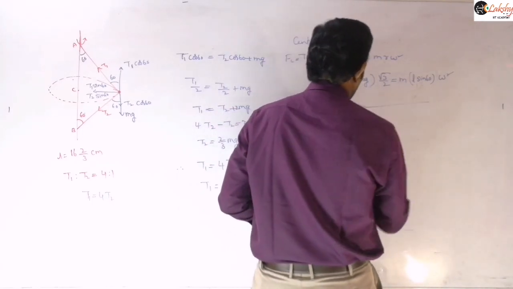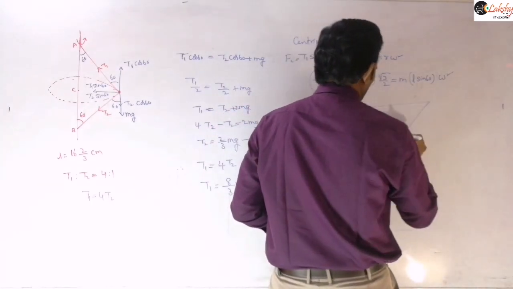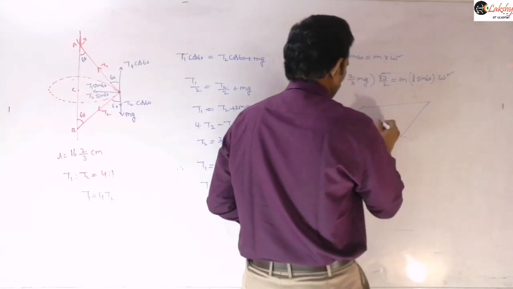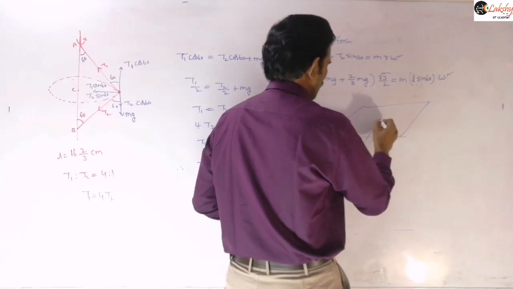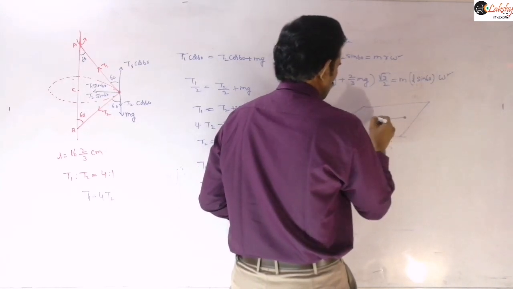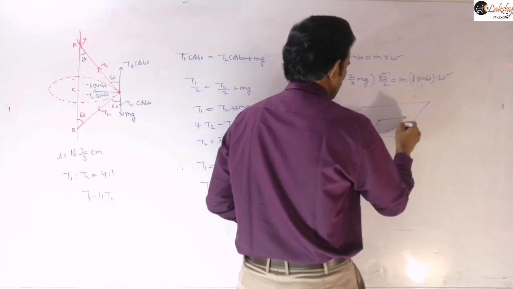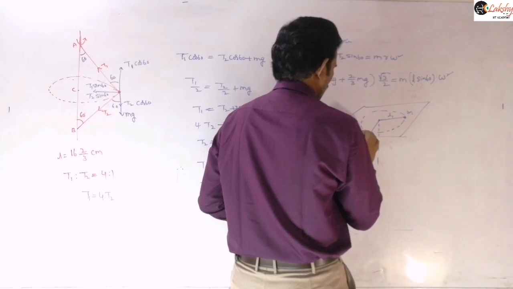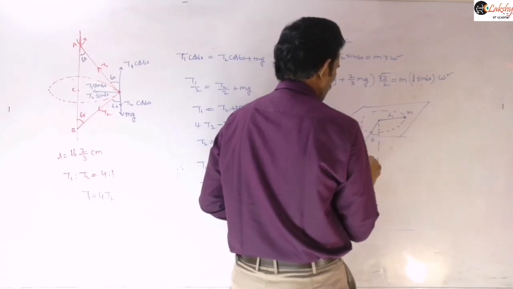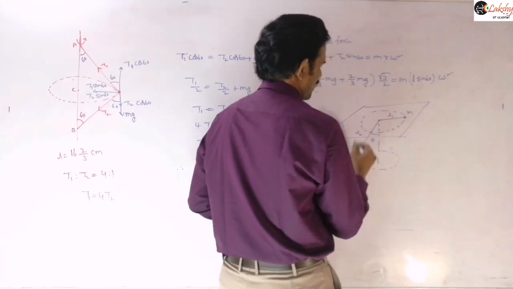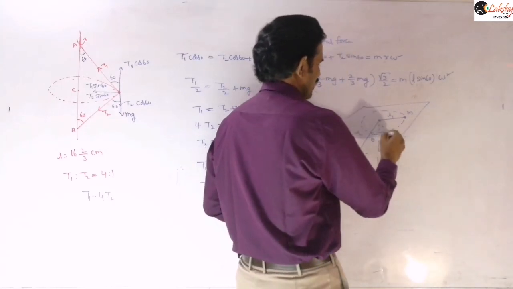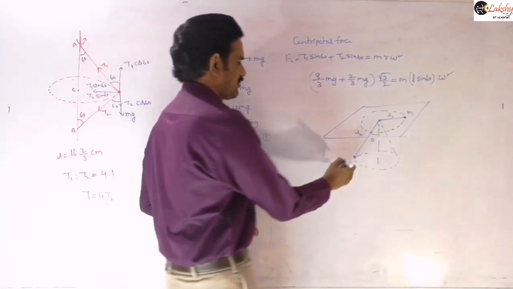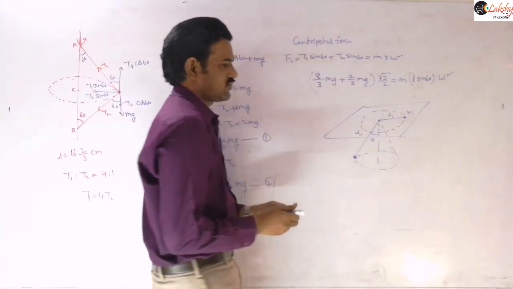So let us take this, this is a table. It has a small hole in it. Now two identical particles are connected by strings here. This particle is revolving in a horizontal circle on the table like this. Say this is M of length L1 and this is length L2. It is revolving as a conical pendulum. That means this bob is revolving in a horizontal circle below the table, right? And so they are maintaining that equilibrium. Then we need to find the L1 and L2 ratio.